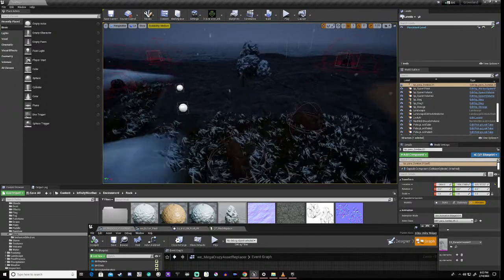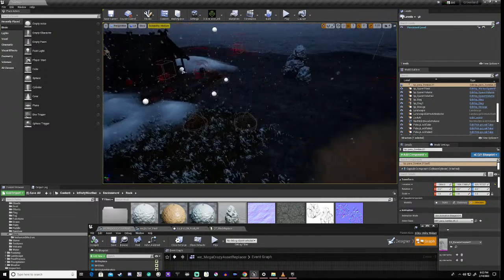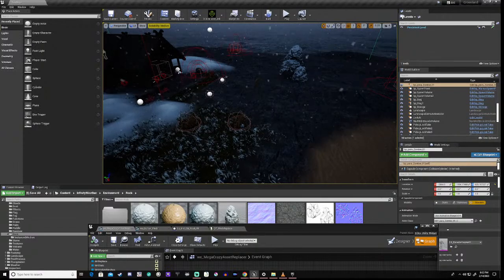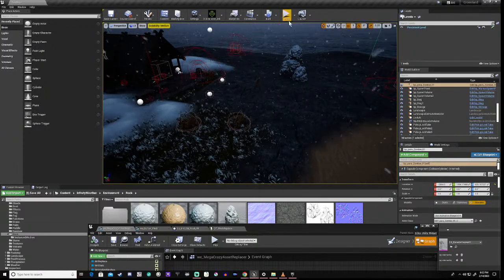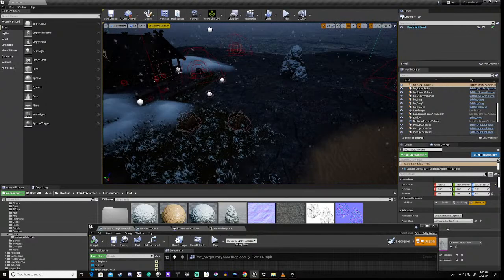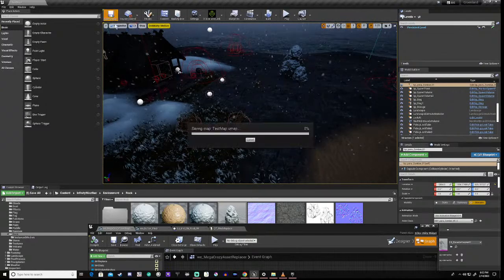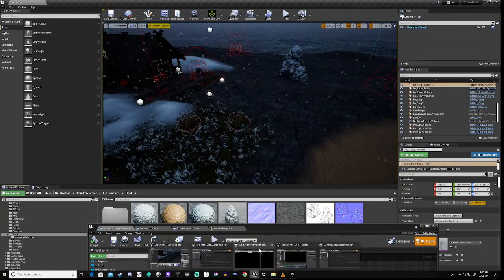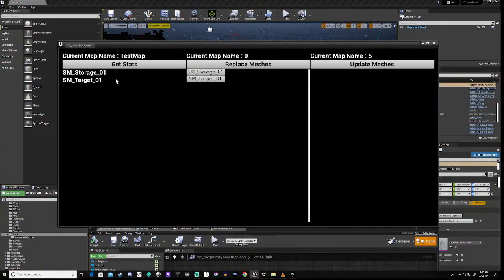So we now have, remember we had five meshes, right? And none of them had anything we could do with. But what we can do now is, if we use our mega crazy asset replacer and say get stats, right, are you not going to work?